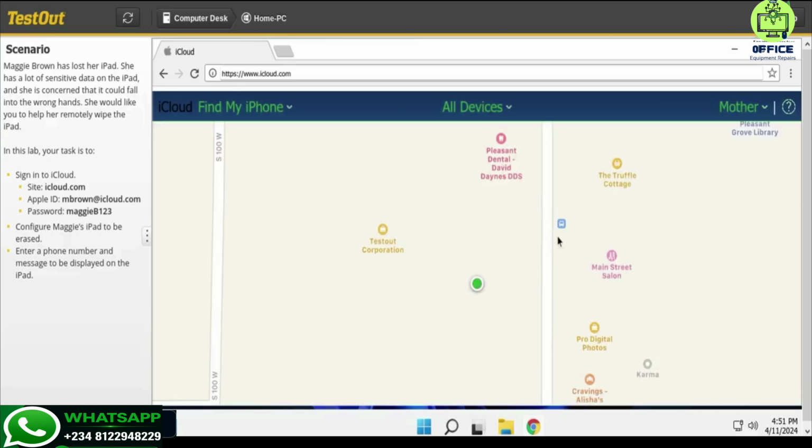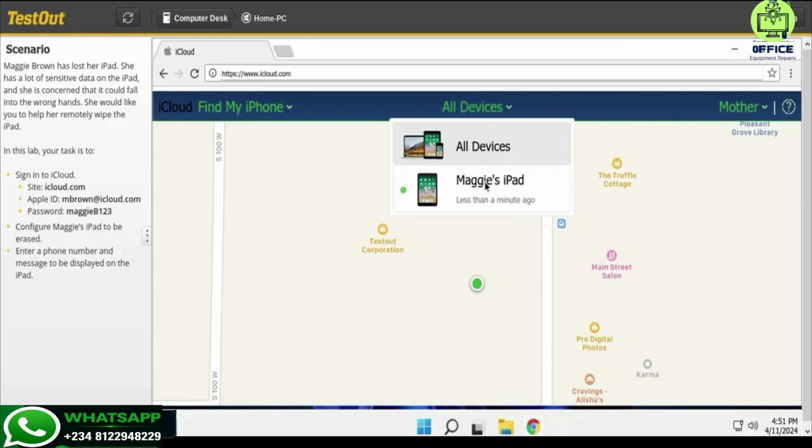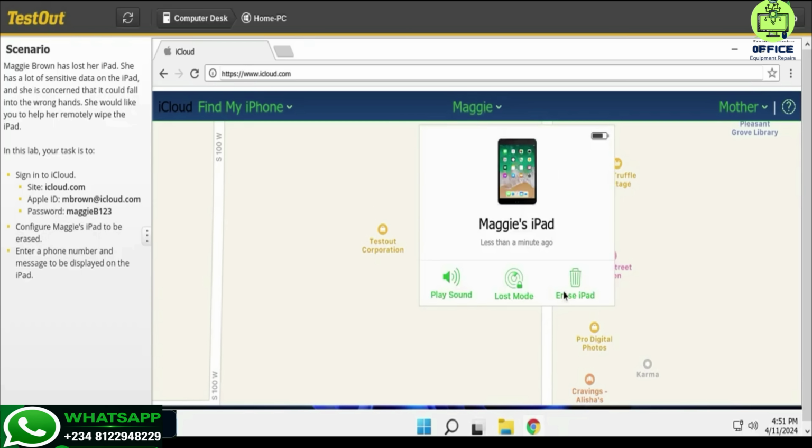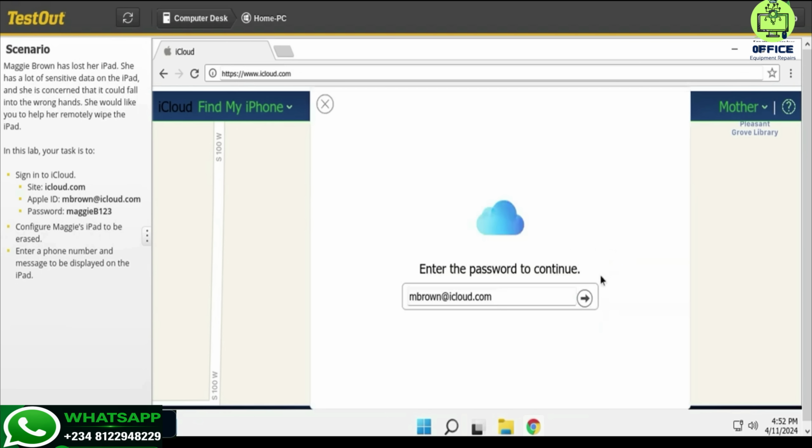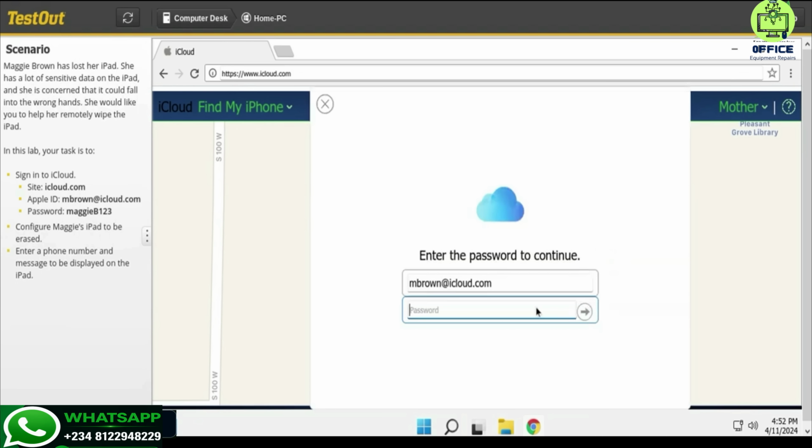All right, we are inside, so we're going to get into this area, then we'll go into Magic's iPad, which is the area we're going to be working on. We're going to erase these. We go ahead and move this. Okay, so we're going to input the password again,